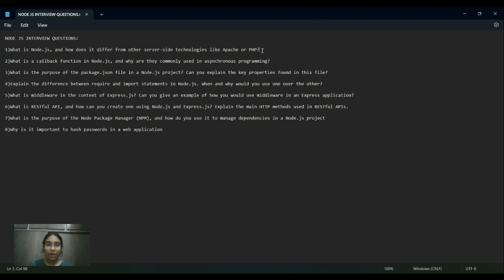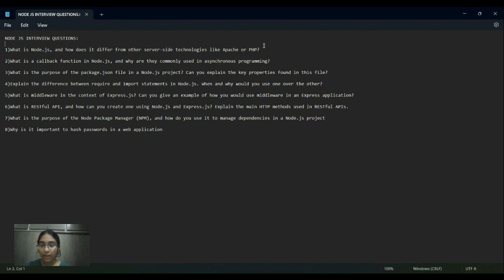We know that Node.js is a server-side runtime environment, because in earlier days we made use of Chrome to execute the JavaScript files. It's a big process. Chrome is a vast application. So instead of wasting our Chrome storage, we provide another compiler called Node.js. This makes things easy. And now let us see how it differs from other server-side technologies like Apache and PHP.